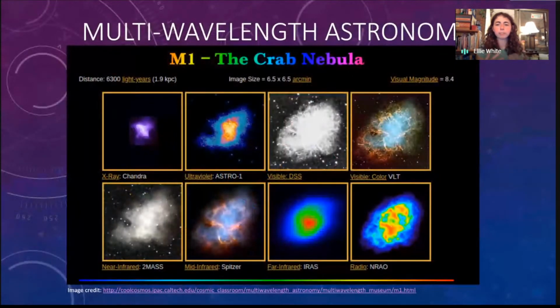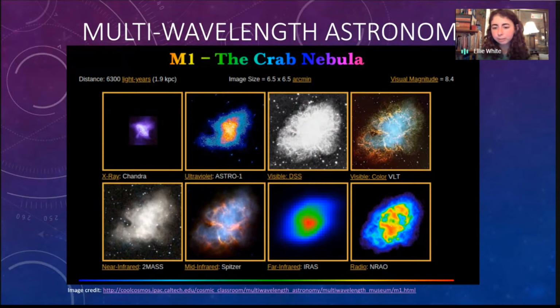So multi-wavelength astronomy, though, what does that really mean, and what does it give us? If you want to fully understand an astronomical source, it's really important to have a complete picture of it, so you want to look at as many different wavelength ranges as you can. These are all pictures of the same object, the Crab Nebula, but you can see that each one is vastly different from the other. For example, if you look at the X-ray image, you can see there's a pulsar inside the Crab Nebula. You can see what it looks like.